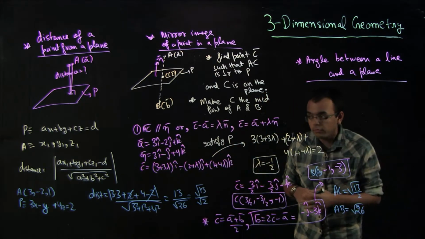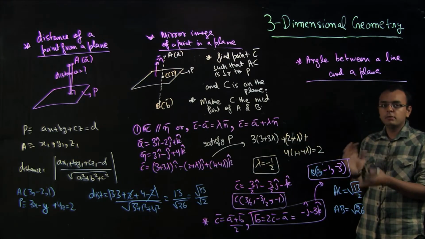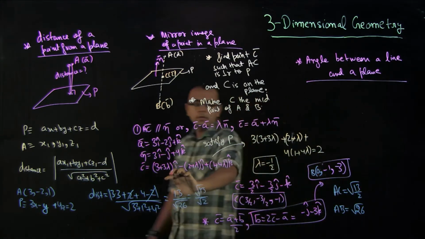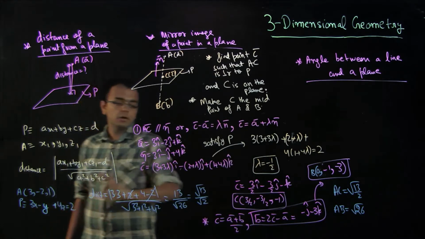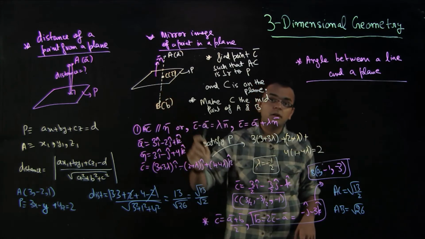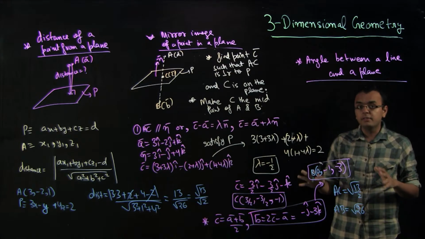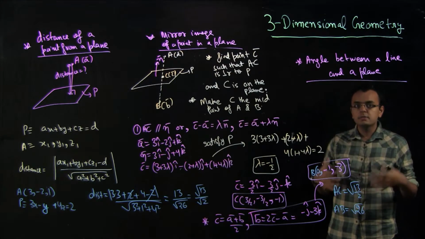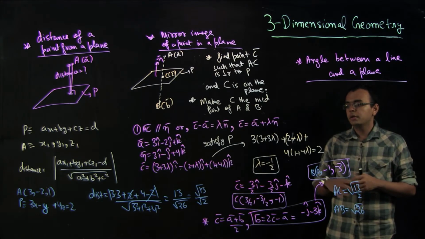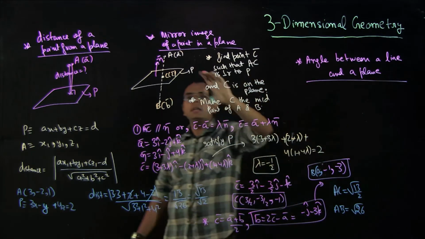Sometimes here, if you feel that you are struggling to cope with how I change between coordinates and position vector very quickly, I hope you are able to realize that this is just a coordinate. So when I say this satisfies, it just means x, y and z, the coordinates. Position vector is just a coordinate. N vector is not a position vector. C vector and A vector are. These things have been discussed in a lot of detail in the chapter of vectors. So if you are not familiar, it's okay. Just go back and look through those concepts to make yourself familiar, and then you can solve the problem. It's easy, but again, first find point C such that AC is perpendicular.